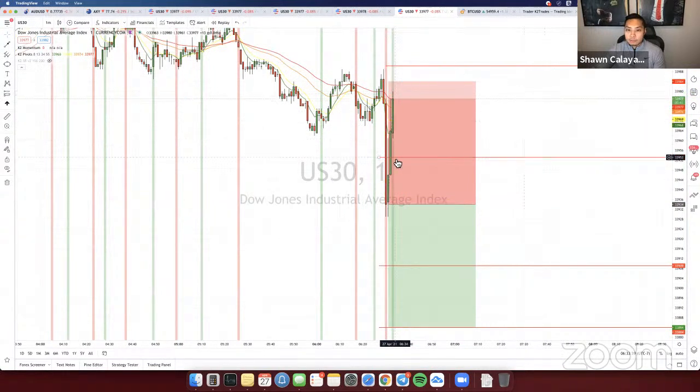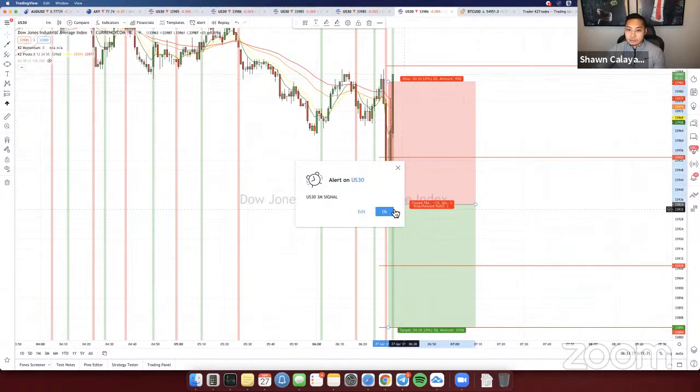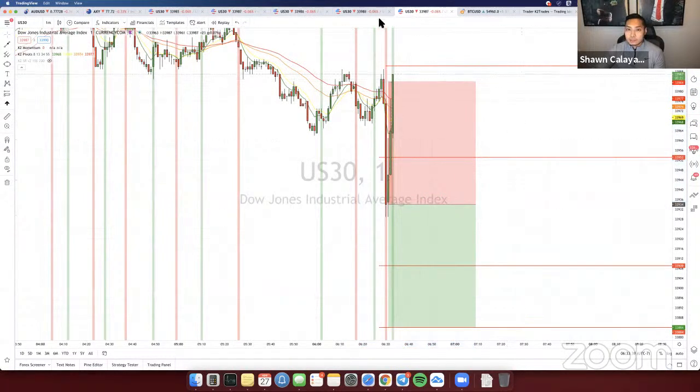I entered halfway up here, so my drawdown is not as bad as it would have been if you entered from the bottom. But we're just going to wait and watch this to see where it goes. It's going to be a tricky week this week, because there are a lot of big earnings being sent out there. So I'm still in the trade right now. I'm still holding on to it. I'm going to let it go into drawdown probably up to this point over here before I exit.